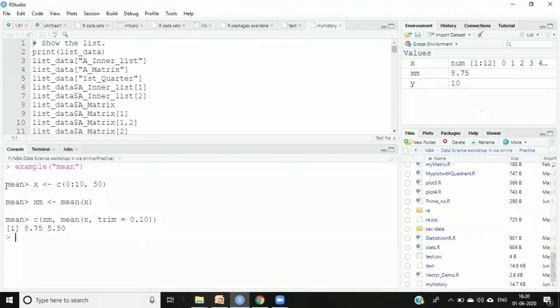Later on, I'll be showing you mean, median, and all these things. But to give you the brief idea, whenever you are not understanding how to use any particular function, you can always use the example command, type the name of the function, and this command will show you the usage of that function. So absolutely there is no issue in that.